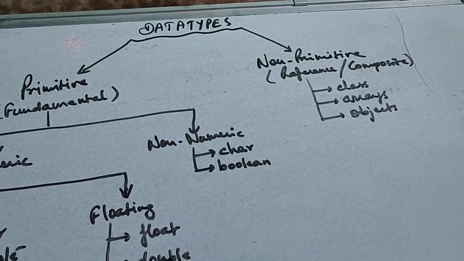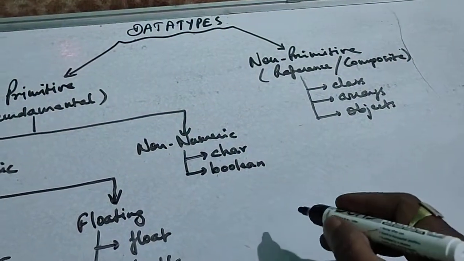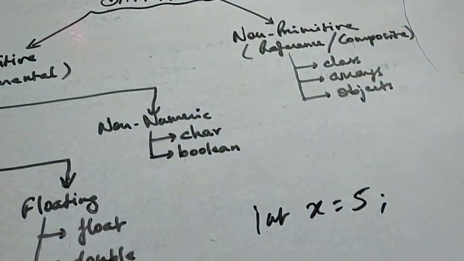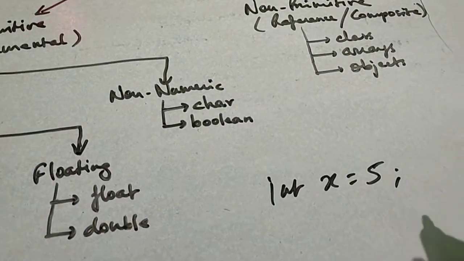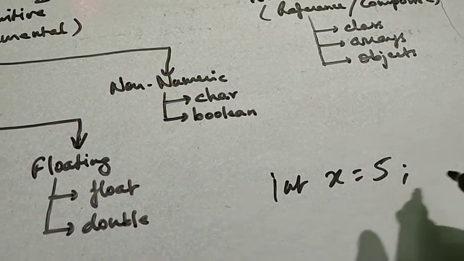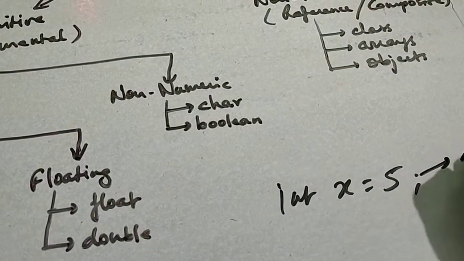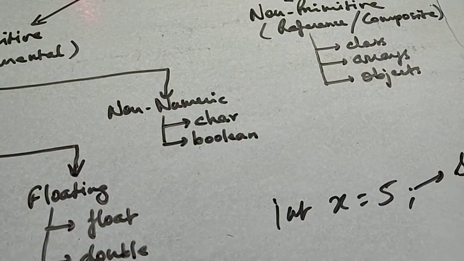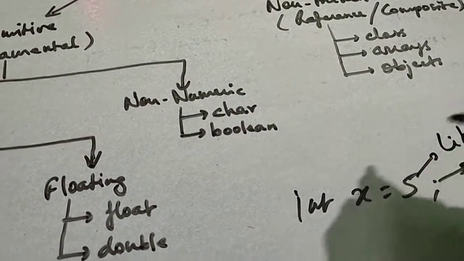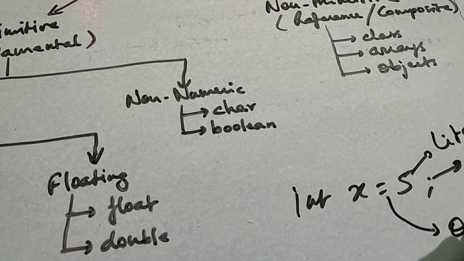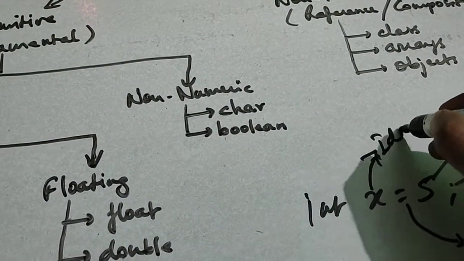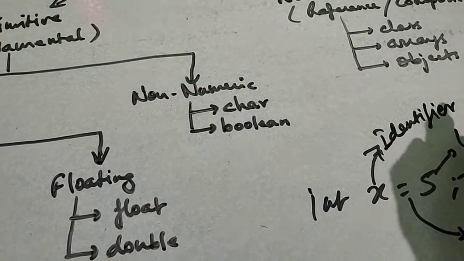Let me give you an example. I write, or you might have seen me writing, int x equals to 5 and so on and so forth. Here, as you know, we have already done, this is a separator or punctuator we call it. This is a literal, so this is a separator. This is a literal. This one is an operator. This one is an identifier, or we also call it a variable.